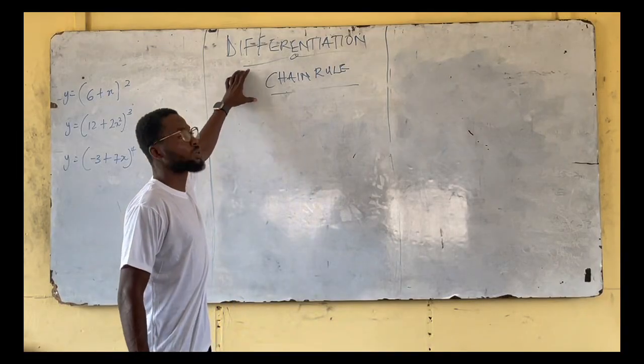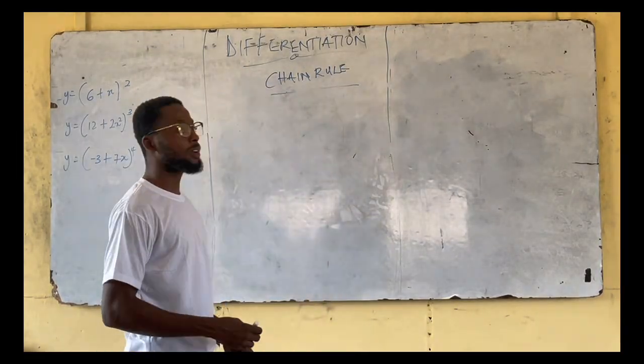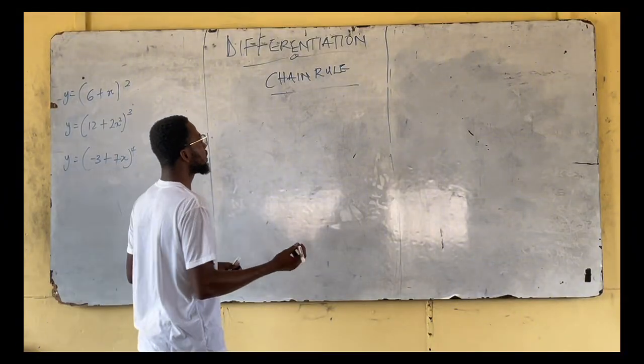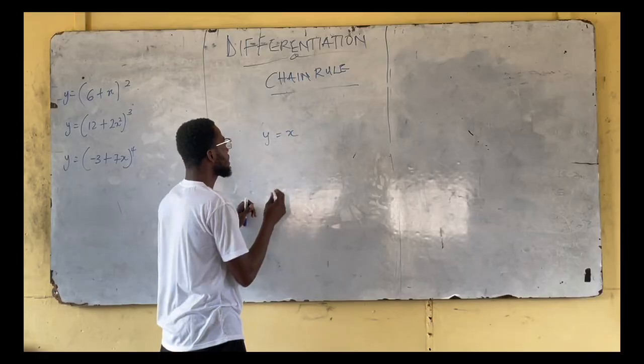We are going to continue with chain rule. In my last video, some people were asking how to differentiate x. So given that y is equal to x, if you are differentiating x, it's going to be